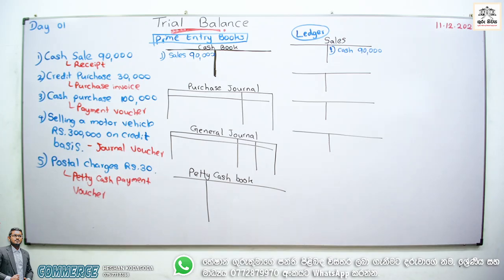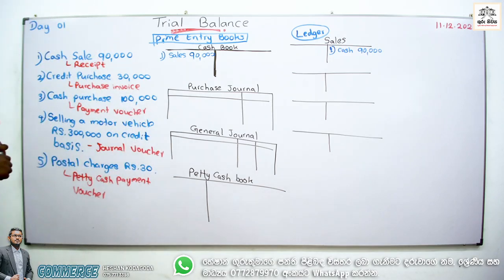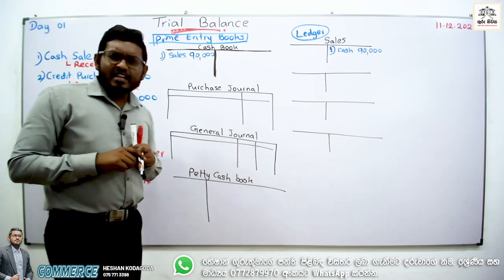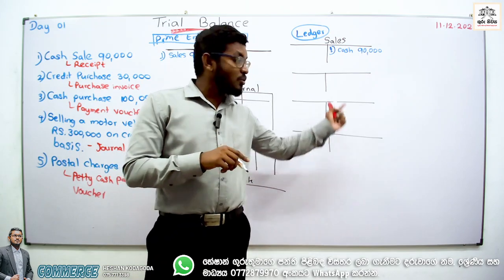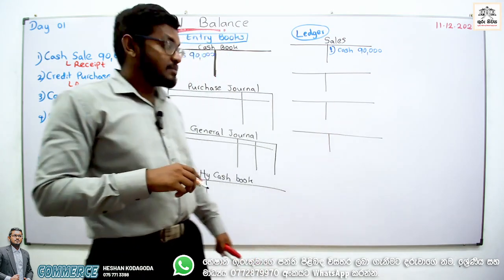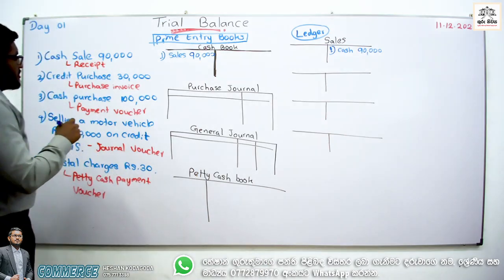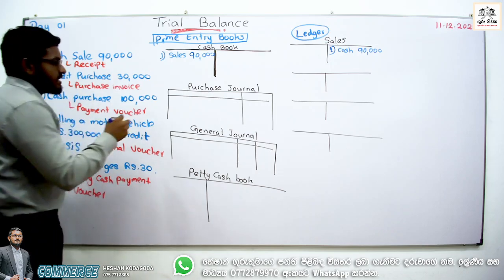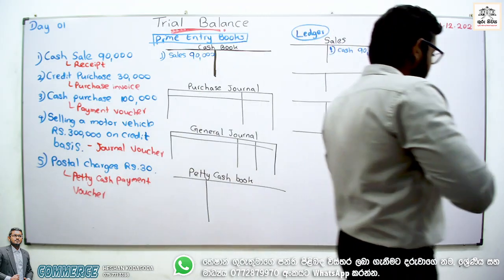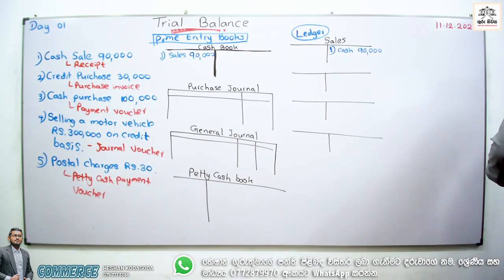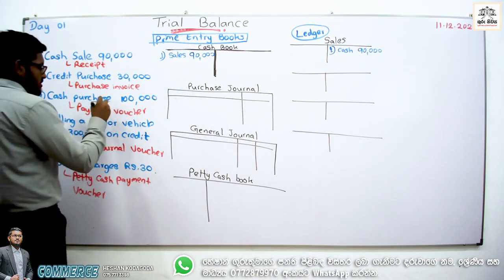Right. Okay. Then the other one. Second one. Credit purchase 30,000. So where do we record it? The purchase journal. The purchase journal only performs the prime entry book function, so we need to record both sides of the double entry in the ledger. What is the amount? 30,000. We can write like ABC supplier. We can take the supplier like ABC. Credit purchase from